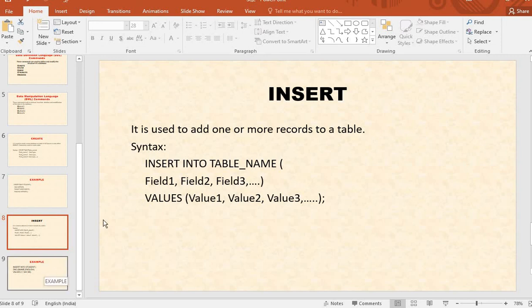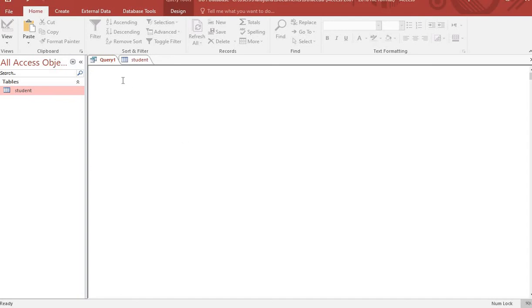So see here, now I am going to insert values. Insert into table. What is the table? Student. Here is the student, bracket begin. Field names: student number, comma, S name, comma, English.